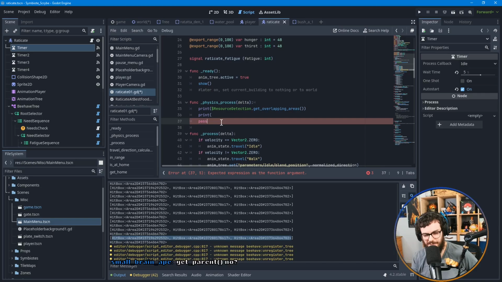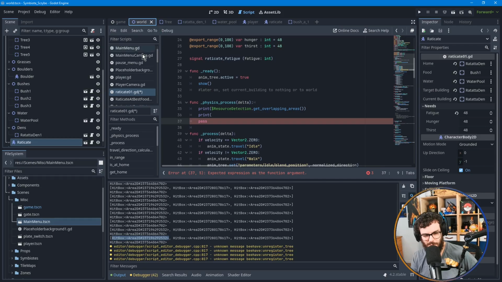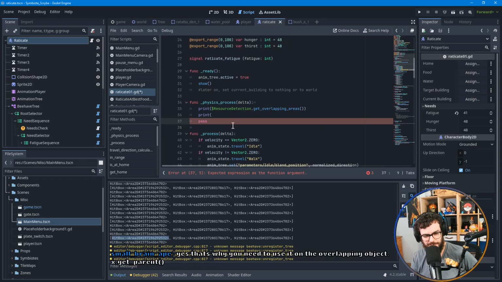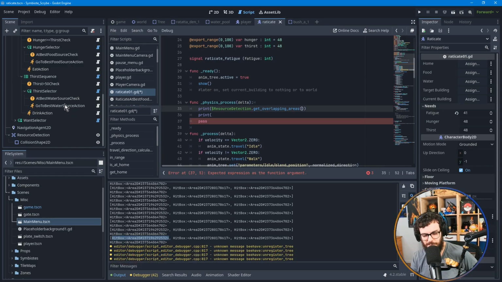Well, what it looked like is get parent just gets you the parent of the node that you're in. At least from what I had read and tinkered with, I can't ask for the parent of this object. If I use get parent in the Raticate script, it's going to be like, yeah, Raticate's parent. Raticate doesn't have a parent, or something like that. I need to use it on the overlapping object. So if we put that...